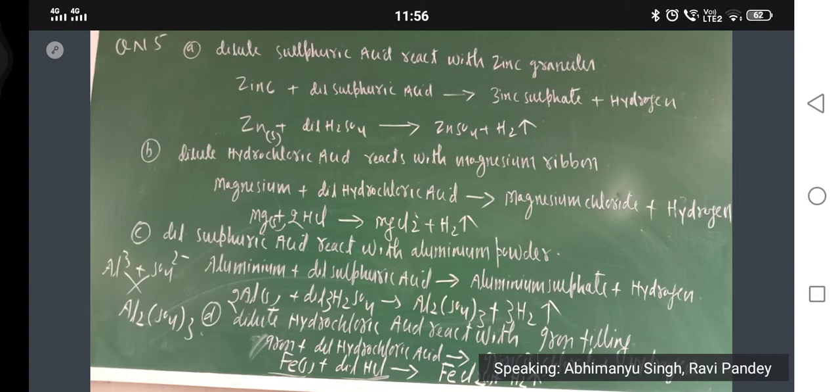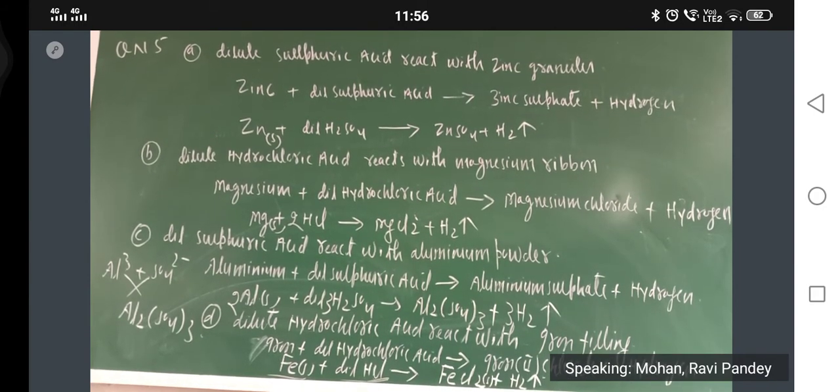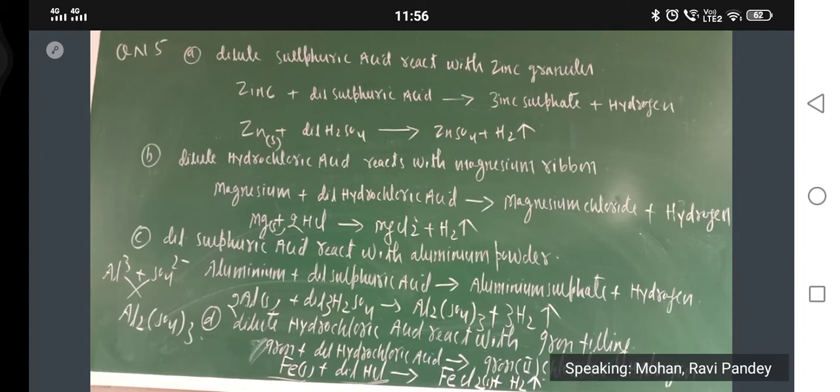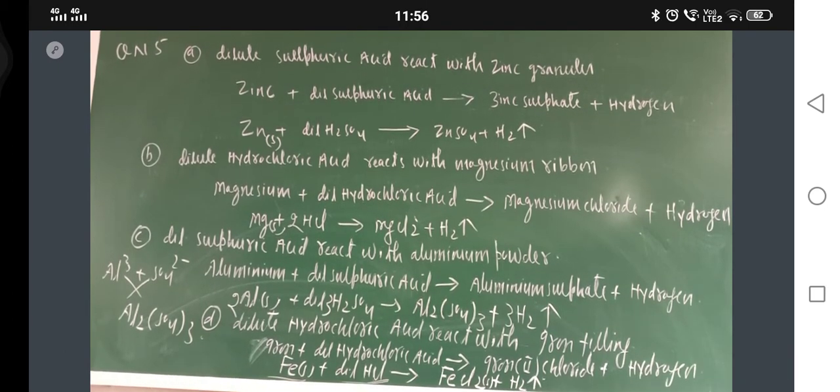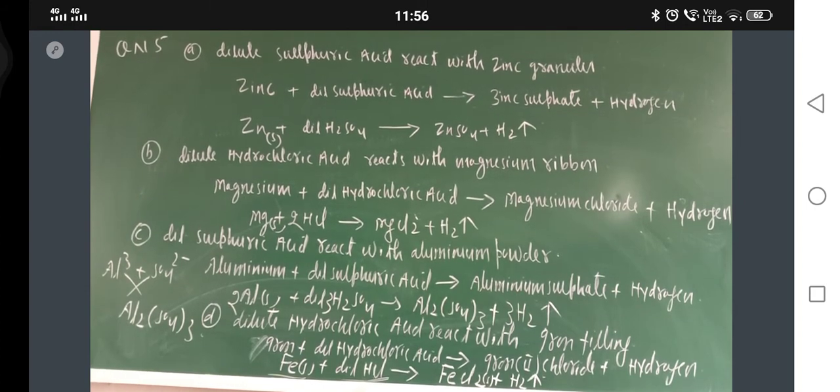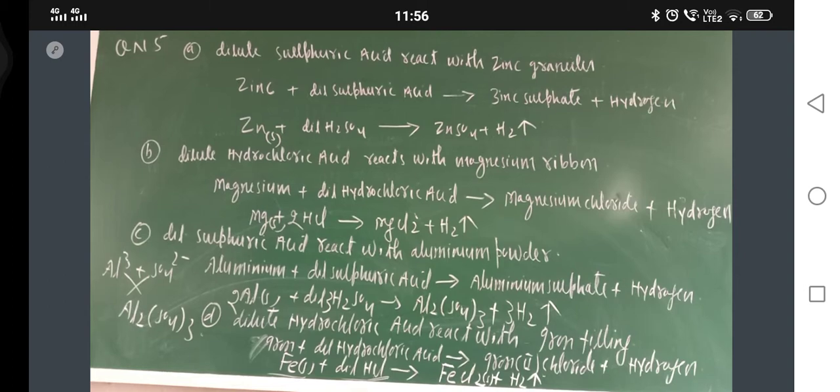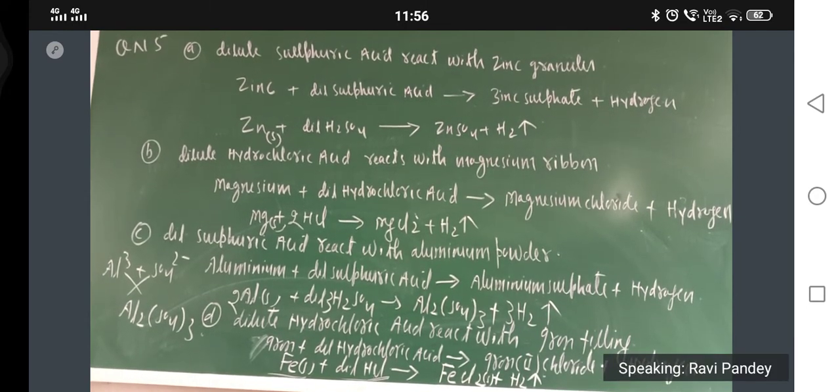So just see, in this question first you should write: compounds such as alcohol and glucose also contain hydrogen but are not categorized as acid. Why? Because they do not furnish H positive ion when dissolved in water. That is why they are not categorized as acid. Now describe an activity to prove it. In the same activity, you take alcohol and glucose. They will not furnish H positive ion, because who is responsible for conduction of electricity? Ions. Now glucose and alcohol, I will write the formula also.